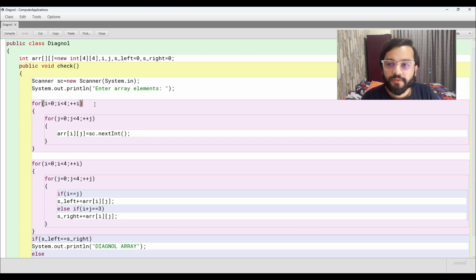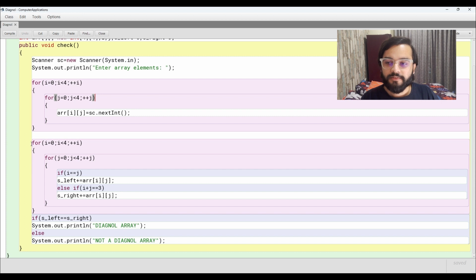Second, i represents the rows we are using in the array and j represents the columns that we are going to use in our 2D array. Now this will accept all the values row wise, like the first row will be filled first, then the second row, and so on.